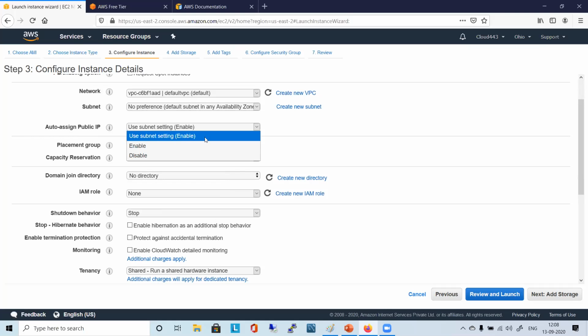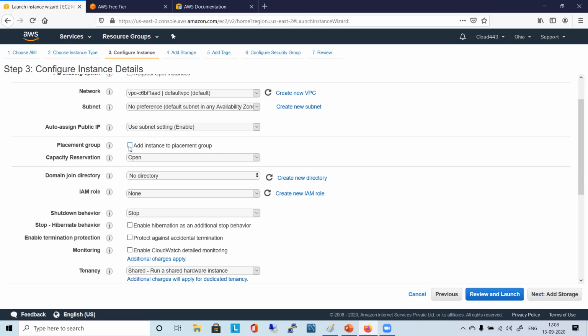Whatever you have chosen in the subnet setting will be taken here, enabled by default, so that's why it comes like that. If you choose enable, you override whatever is in the subnet setting. If you disable, an IP address will not be assigned. We go with use subnet setting enable, since the subnet setting is also enabled, or you just choose enable, it doesn't matter, so that we'll have a public IP.